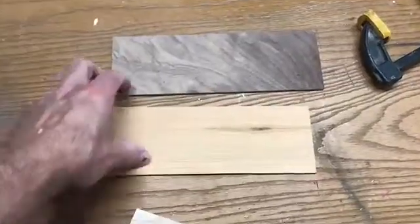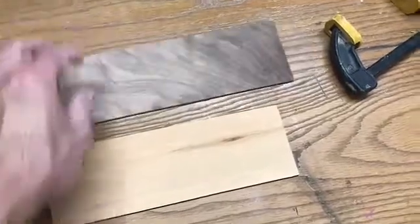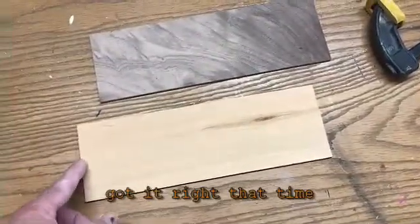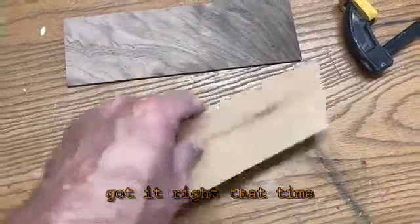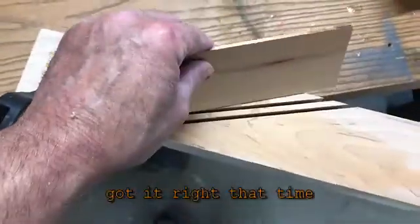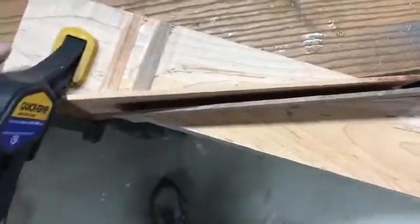These are my 2 pieces. One piece is cherry, one piece is walnut. They're roughly 9 inches long by 3 inches tall. They will fit in the slots just like this, and like this. And I have it clamped to the table